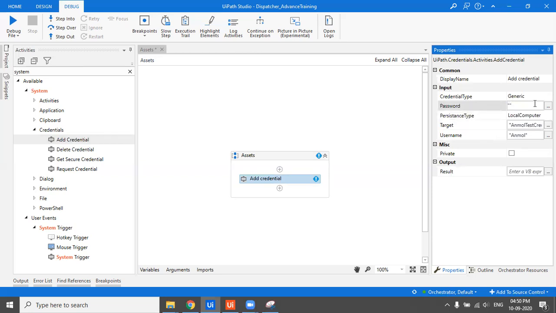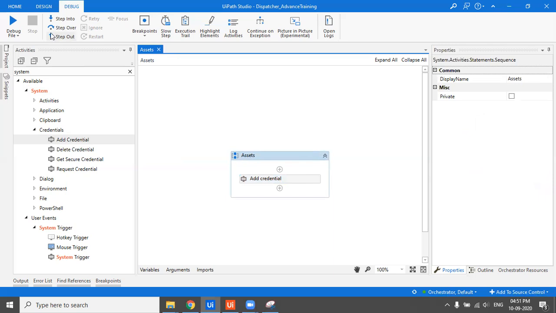But as I've told you, we should avoid passing the password or any such confidential information in string format. You can convert string to secure string, but for that you'll also have to mention the password in the function, like we saw previously when we converted the secure string to string so that we could see the password. Likewise, you can do the other way around, converting your string to secure string. So I'll type in 1 to 9, and the result would tell you whether it was executed successfully or not. It would be a Boolean value. If it's false, that means the credential is not set, and if it's true, that means the credential is set